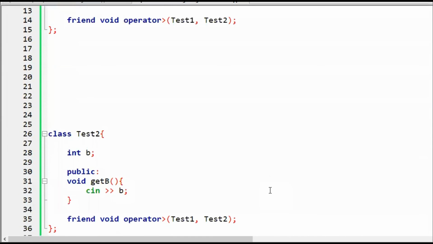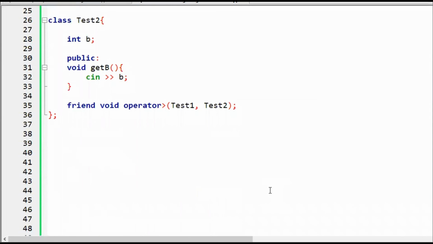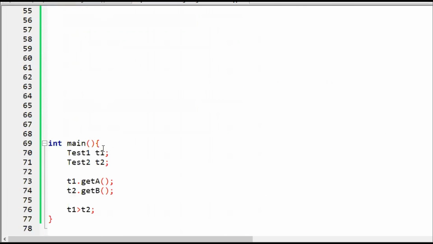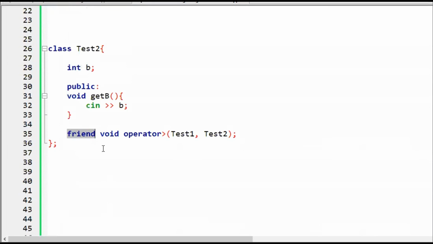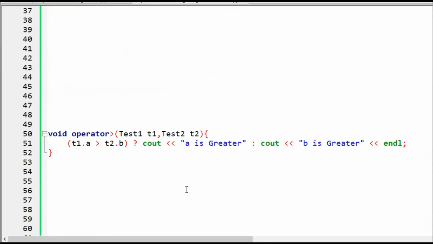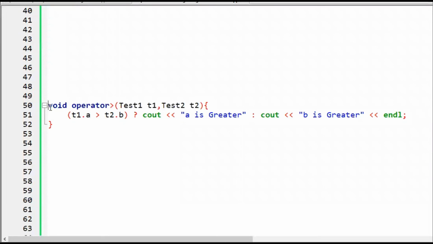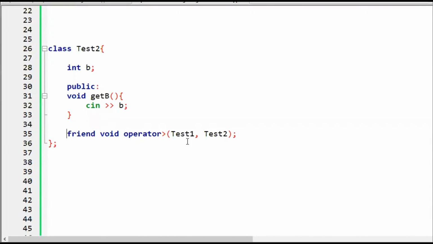I hope the main important point of this lecture is clear: why we have used it as a friend, because we don't want to make it a member function. We don't want to give the definition again and again. We just provide the definition of this function one time, and for each and every class which is going to use this function, we only tell that this is the declaration, this is my friend.